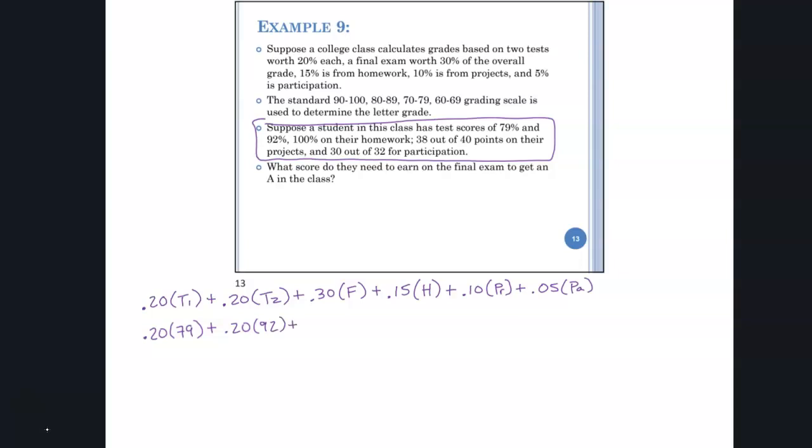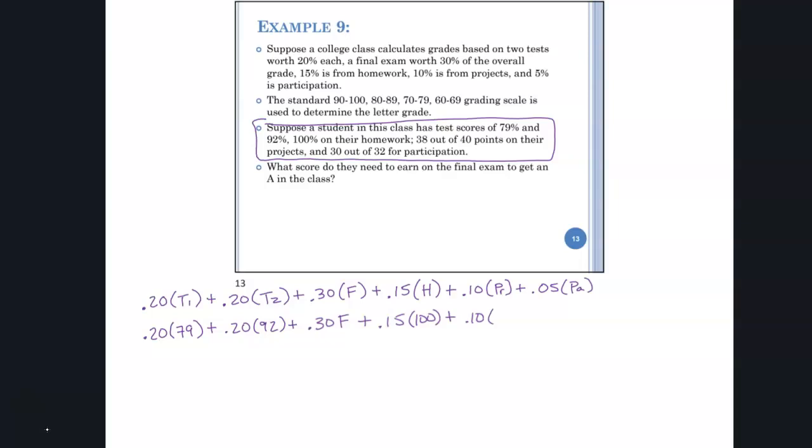And then they don't give us a final score. If they did, we could actually calculate the overall grade. In this case, though, that's what we're trying to find. So for right now, I'm just going to leave it as F. So I'm just going to call this 0.30F. And then 0.15 times, they got 100 on their homework,